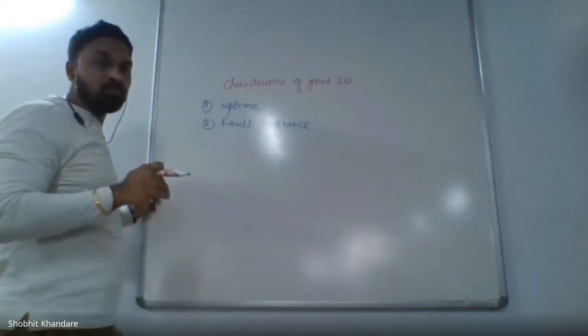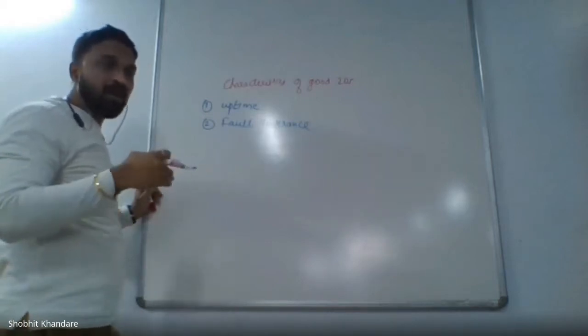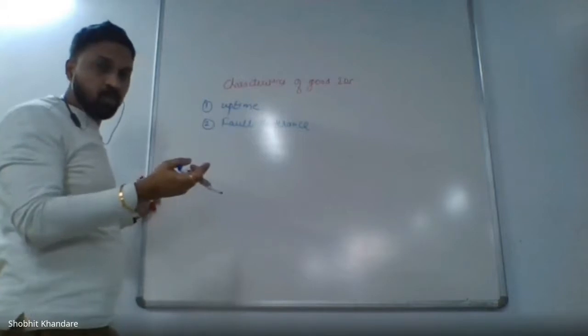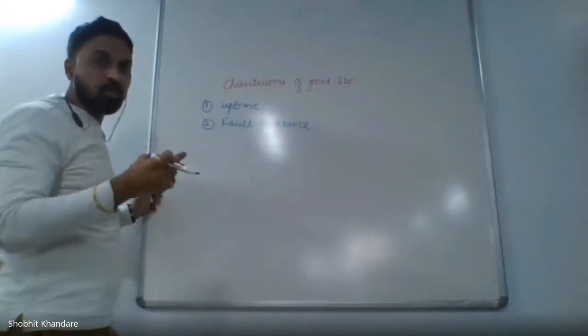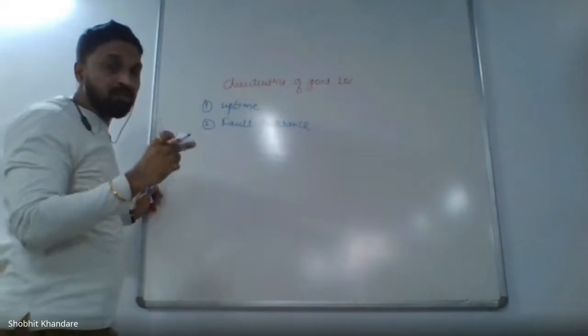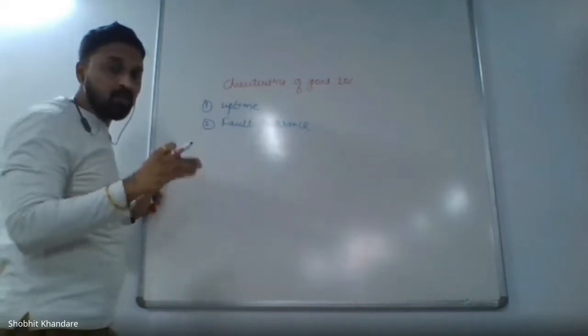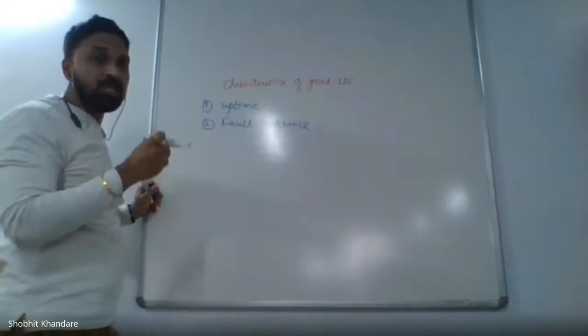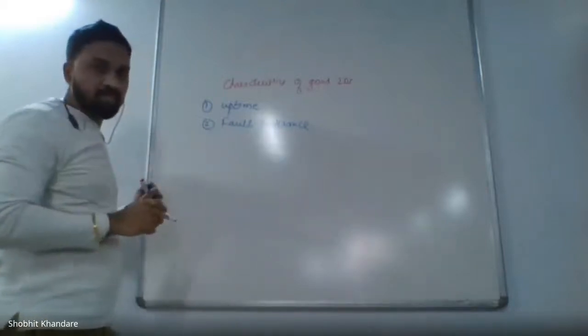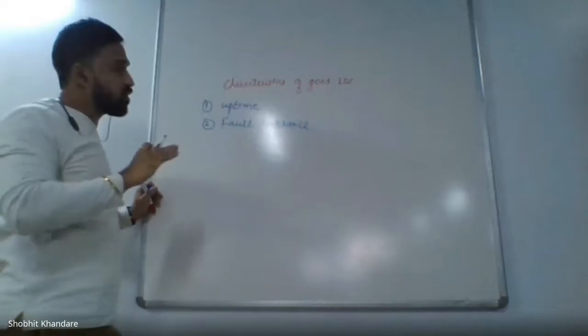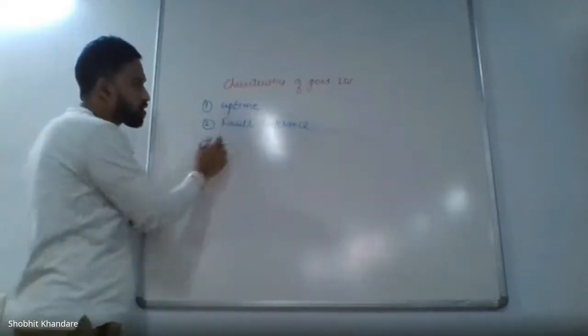Because during transmission, it may happen that I am transmitting 1 0 and I am getting 0 0. That is called a faulty packet. For that I am using my checksum method. But even then, if such packets are faulty, your IDS should be able to detect them. So it is called fault tolerance.